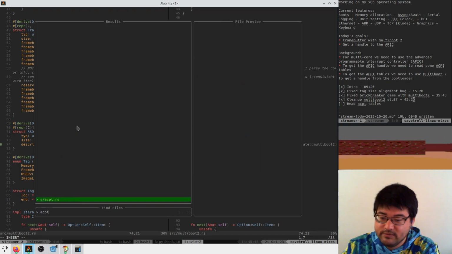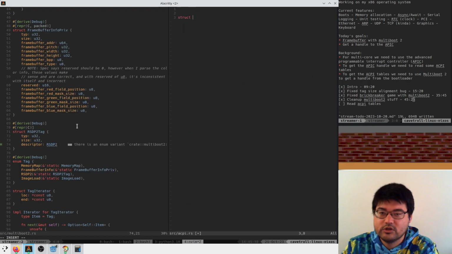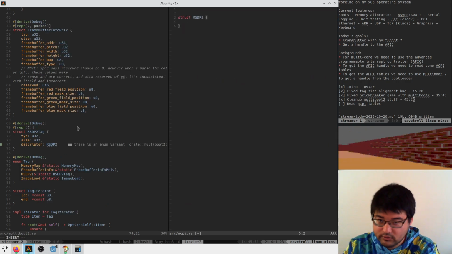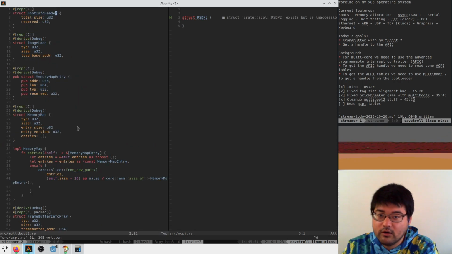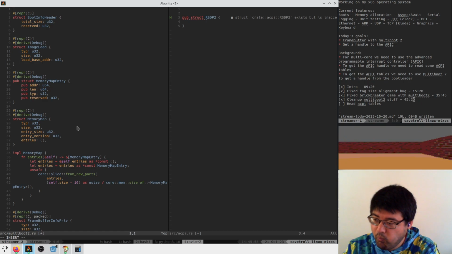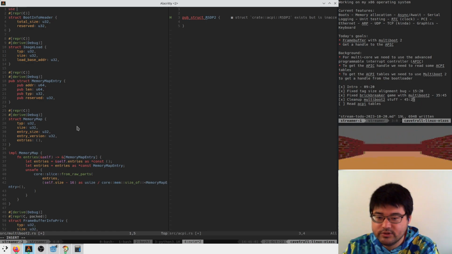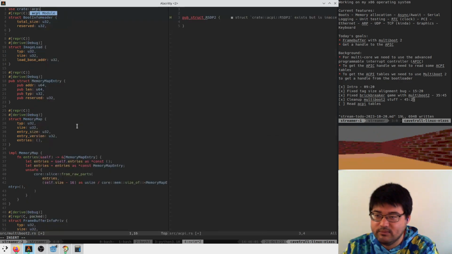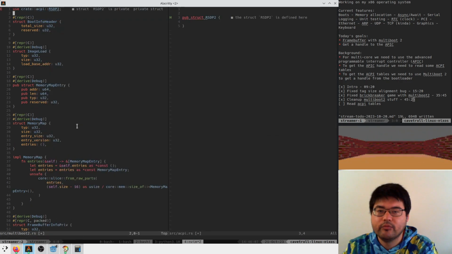And now we go into ACPI and we struct RSDP2. And then here, this needs to be a public struct, and this guy has to implement him. So we'll say, use crate::acpi::RSDP2.